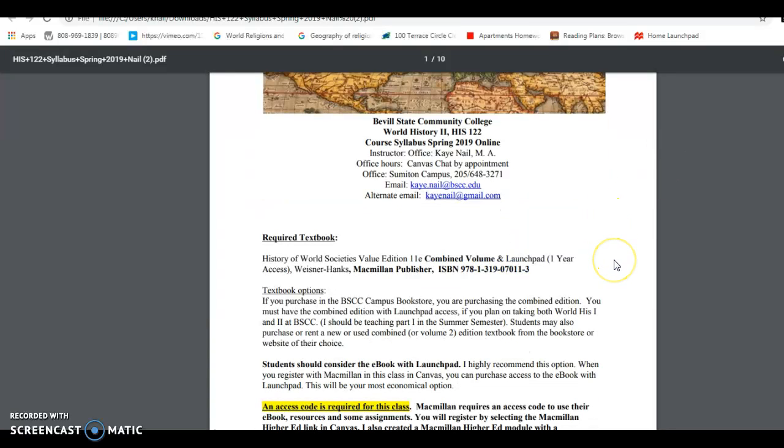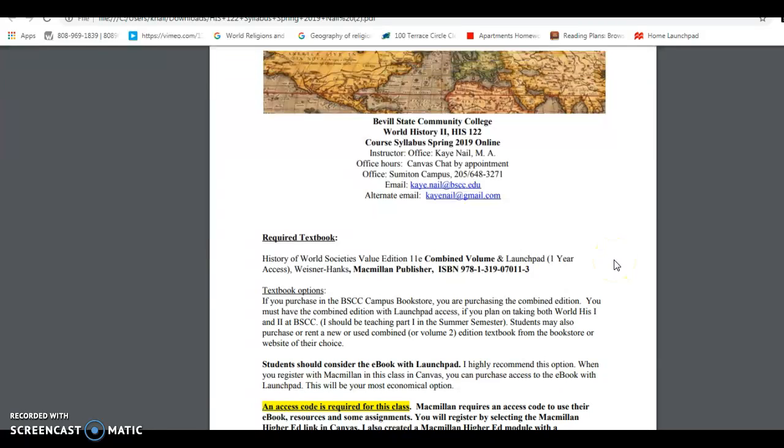I do list my required textbook. You can either purchase the textbook in the bookstore or on a website online, it's fine. But I recommend that you consider the ebook within the course. I highly recommend this option. It is your most economical option, and you get a free trial to the ebook and all of your assignments